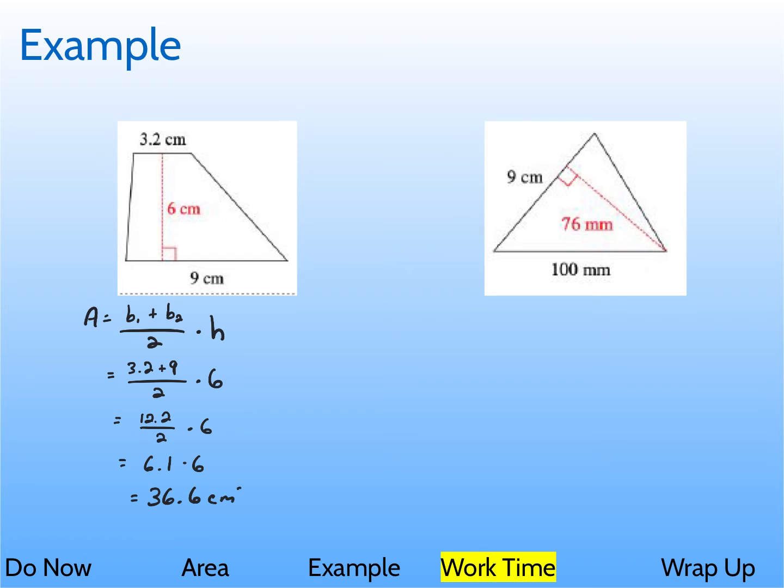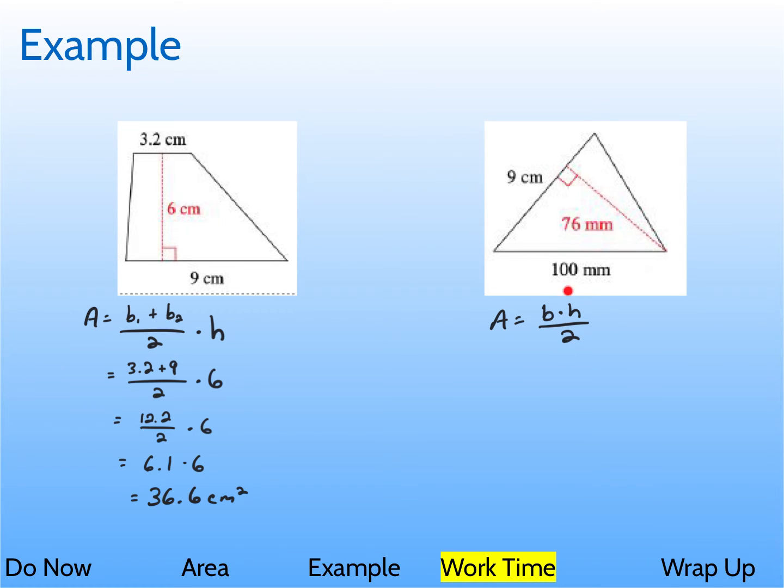36.6 square centimeters. Area is always a square unit because length is a one-dimensional unit, like we had with perimeter. Area is a two-dimensional unit. It has height and width. So 36.6 square centimeters. Now, with this next one, we have to use the formula for a triangle, which is